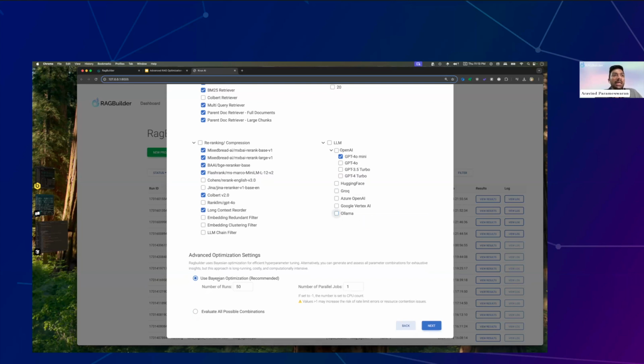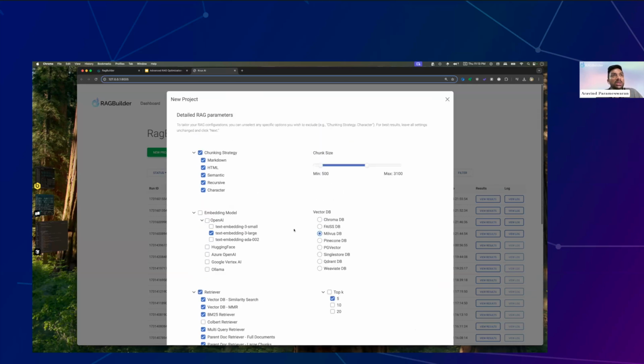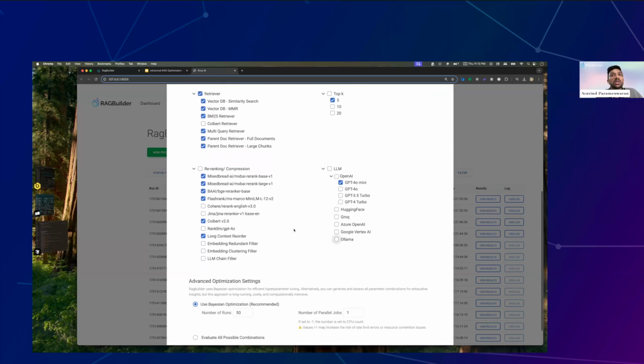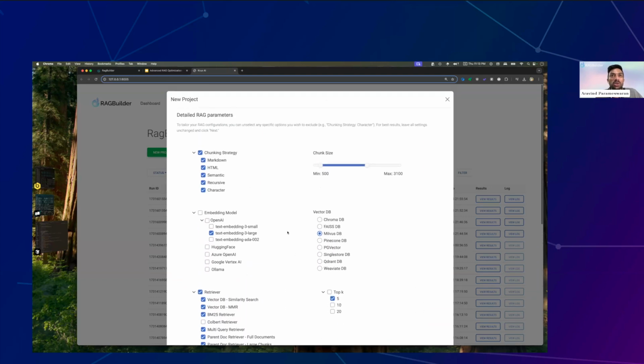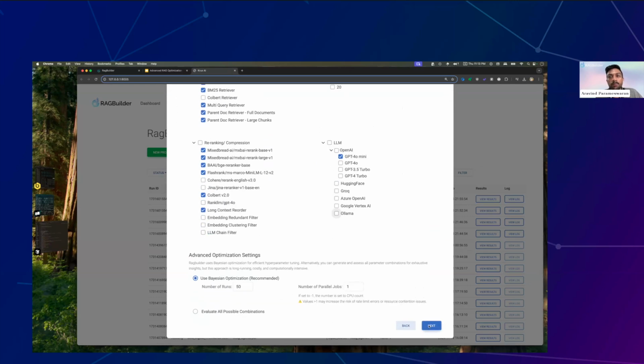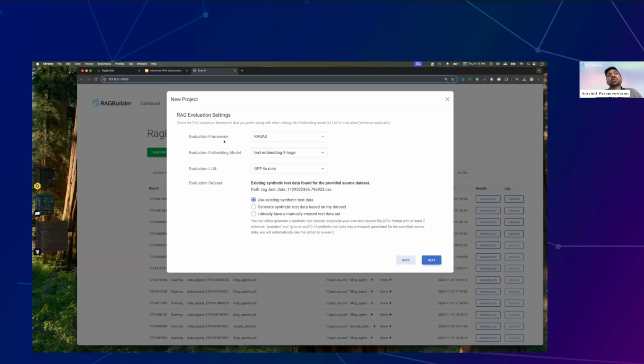Like I said, we do Bayesian optimization, so it's not going to do a grid search or a brute force search on all of these parameters. It's going to be intelligent, where it's going to start with a random set of values but figure out with each run what is working and what is not working. So how does it do that? It does that by using a RAG evaluation on the fly. Basically,